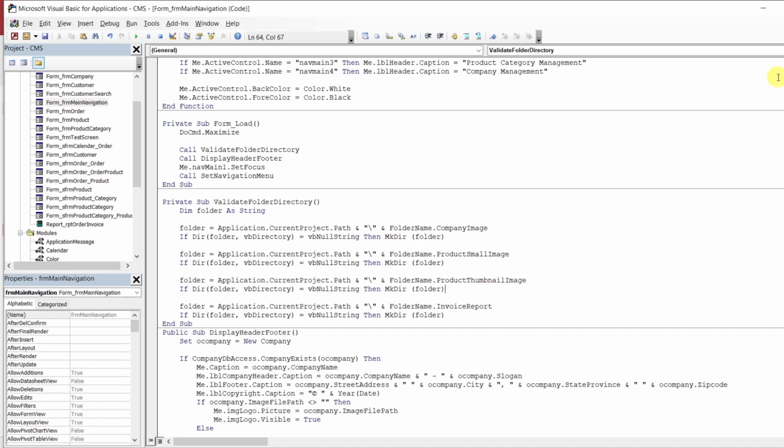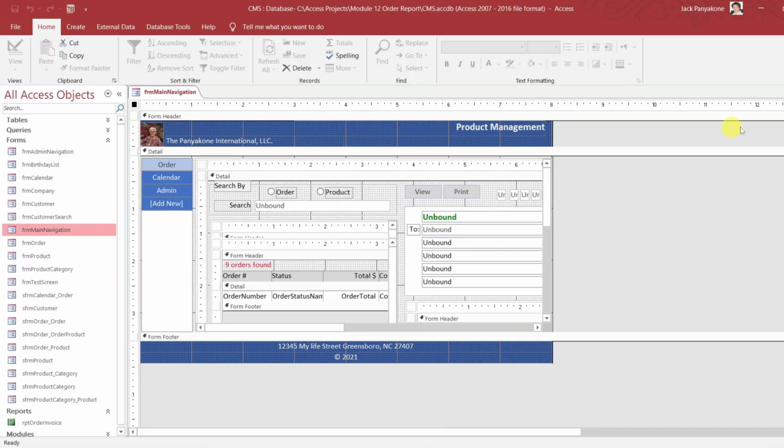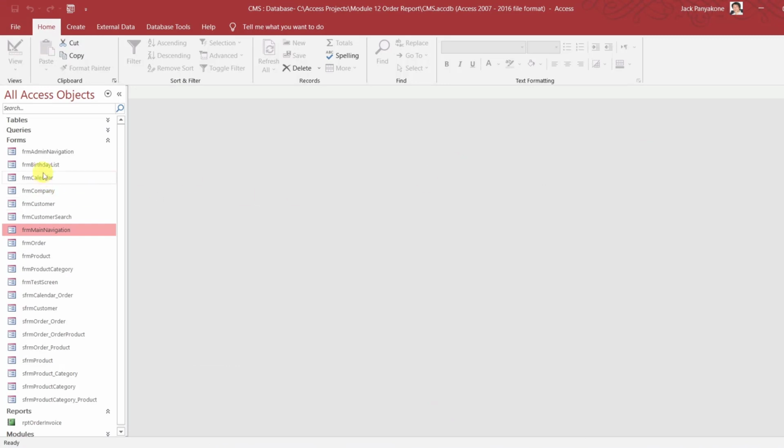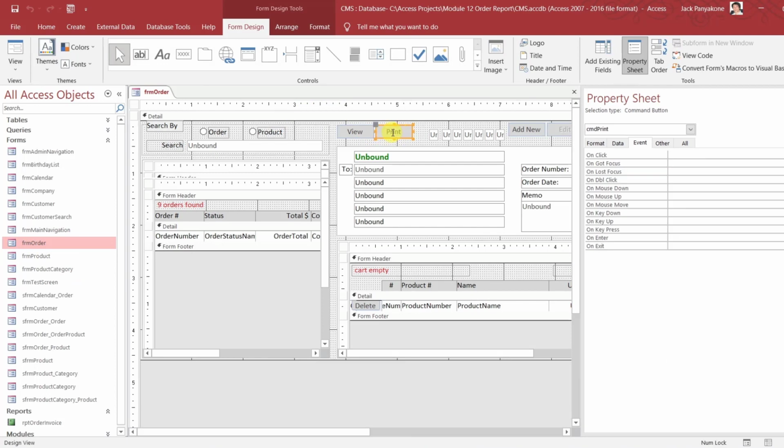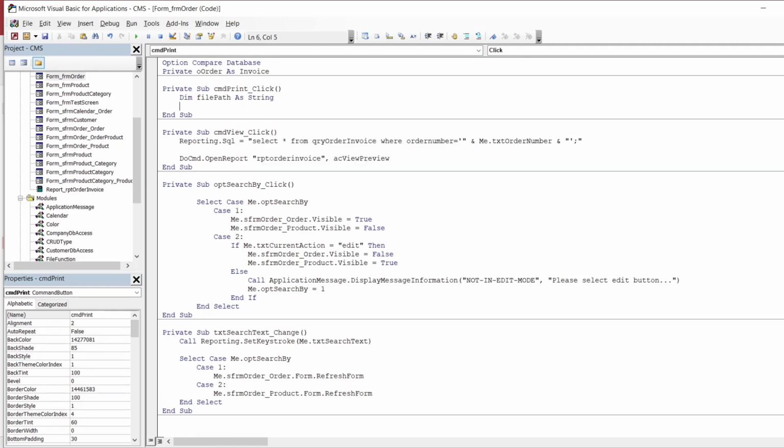Save. Now let's go to our order right here. I'll go ahead and close that down. Let's go to order. Order, where are you? I'm not going to print, but we are going to do the PDF for you. All right. So here we can say, let's dim file path as string,